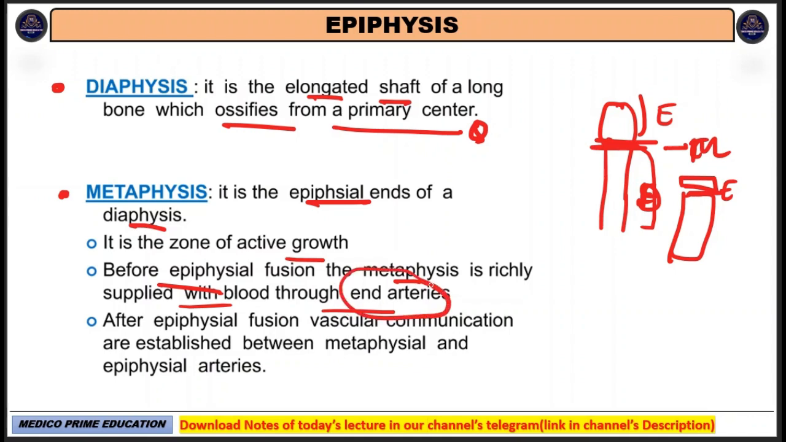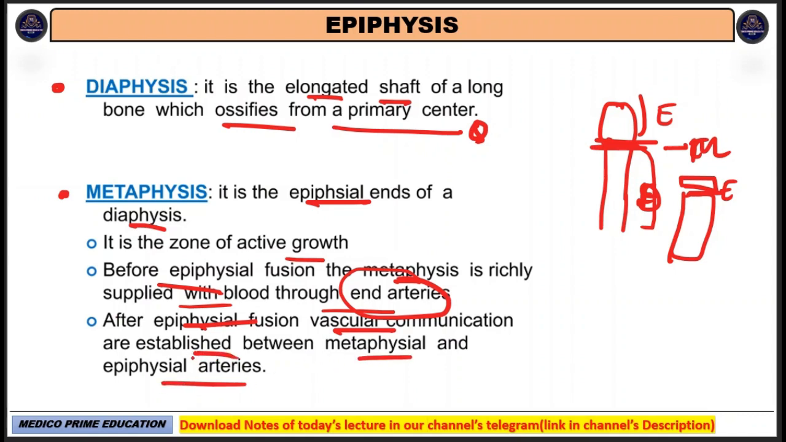What are end arteries? End arteries are those arteries which do not anastomose; the artery that finally does not anastomose is called an end artery. Okay. So after the epiphyseal fusion, vascular communications are established between the